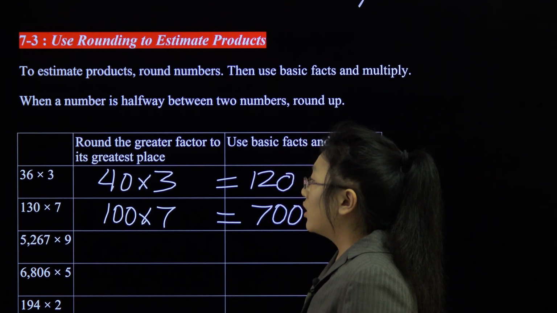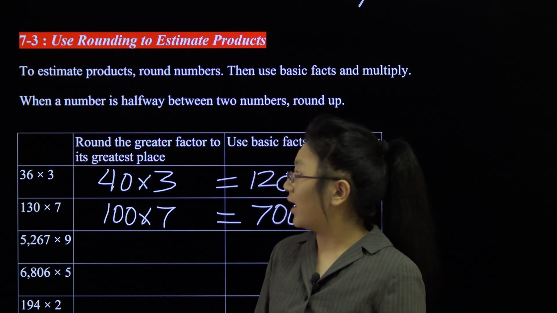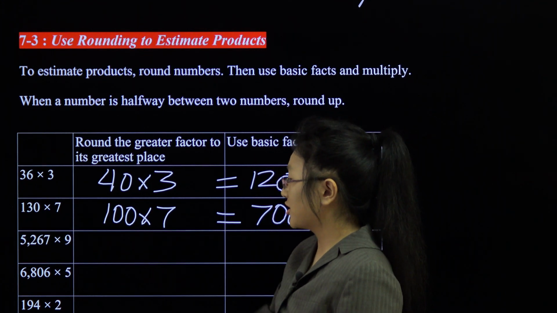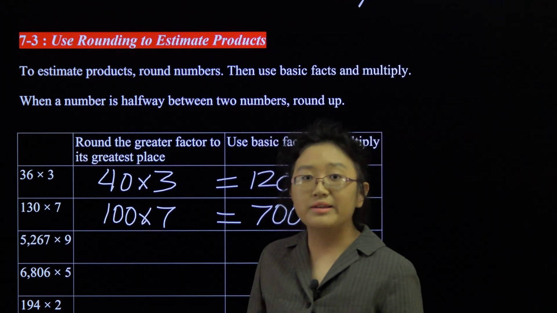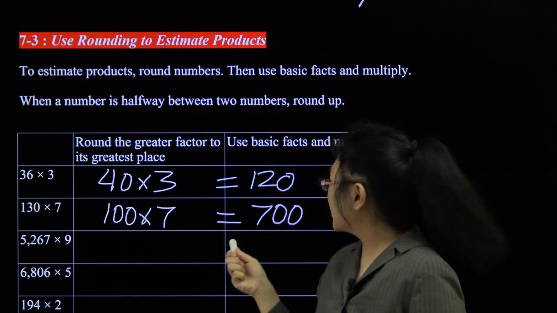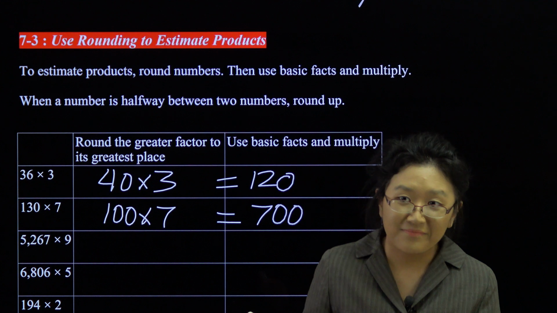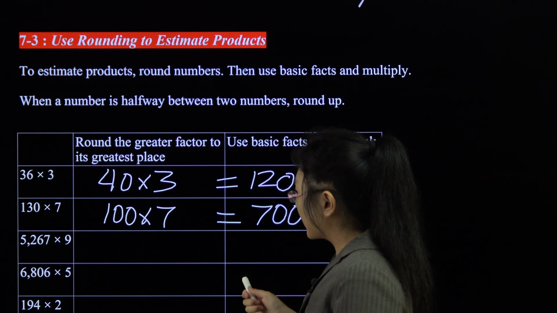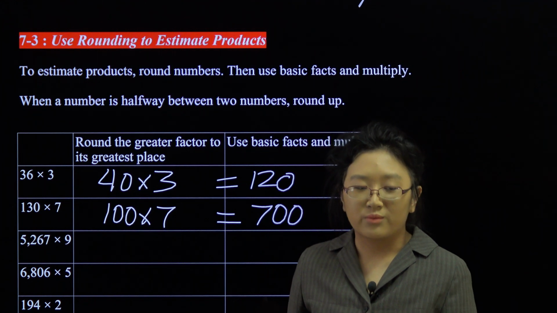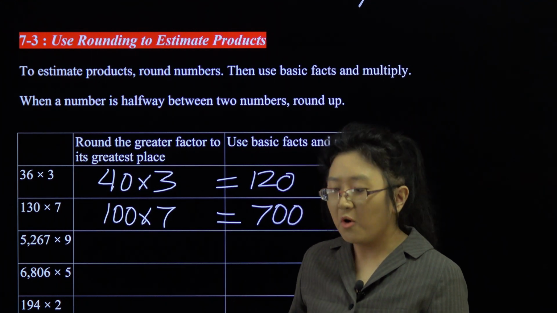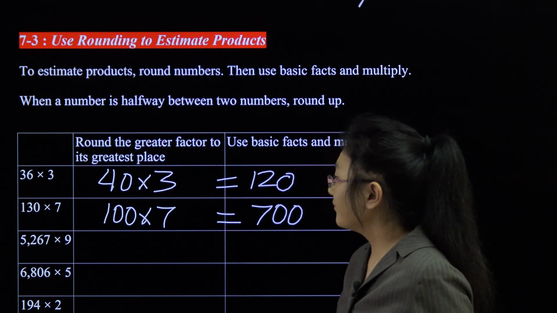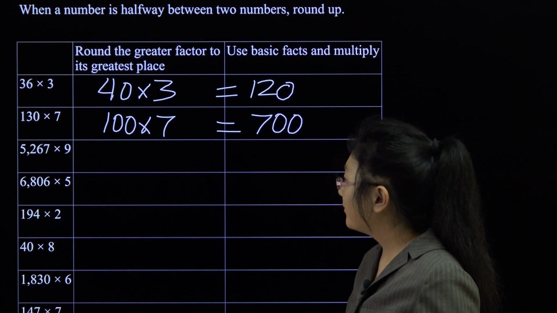The actual result, well, product of 130 times 7 is not that. It's actually 910, which is, well, really far off. In multiplication, the more you estimate, the farther away from the truth it gets. Now, anyhow,